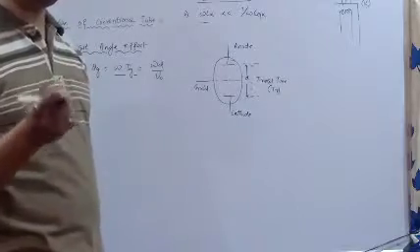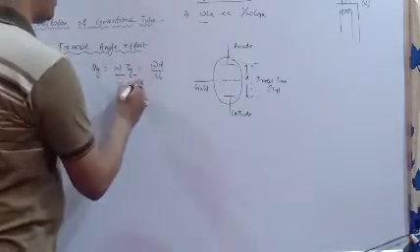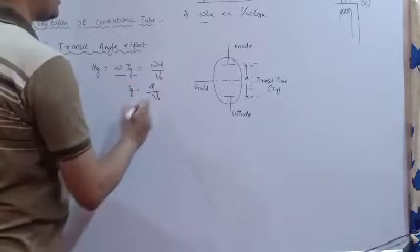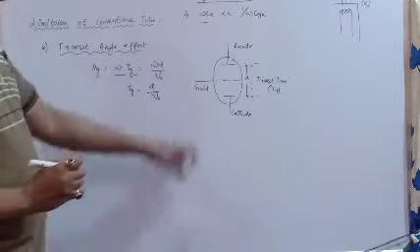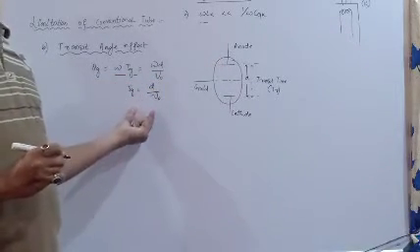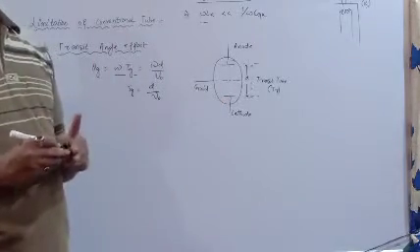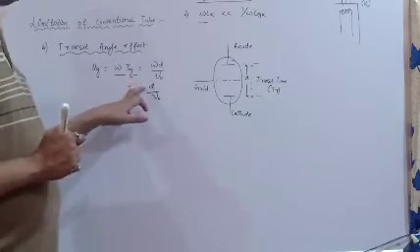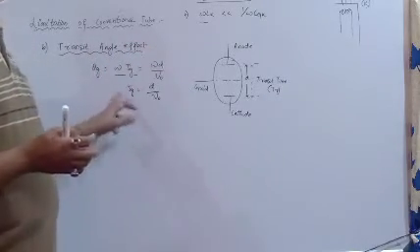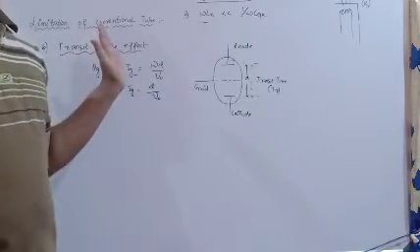How will it move? It depends upon velocity and it depends upon distance. So tau g is equal to distance by velocity, where the distance is the gap between the two electrodes and V0 is the velocity of an electron which is moving from cathode to anode terminal. So here, if you increase the gap distance, then your transit time increases and the transit angle also increases.